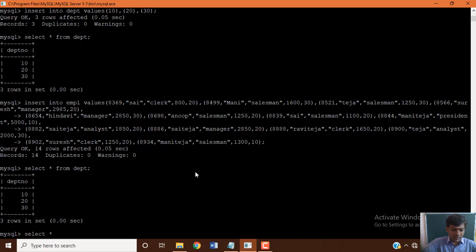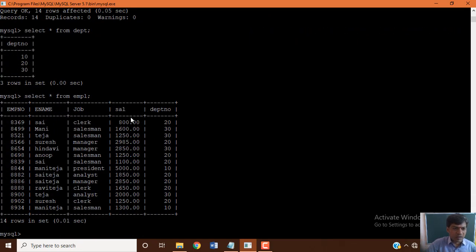A MySQL query can be written either as single-line text or multi-line text. Here, multiple record insertion takes multi-line text. Let's see the output. Now you can see the department table, the parent table, where we took only one field, the department number: 10, 20, 30.